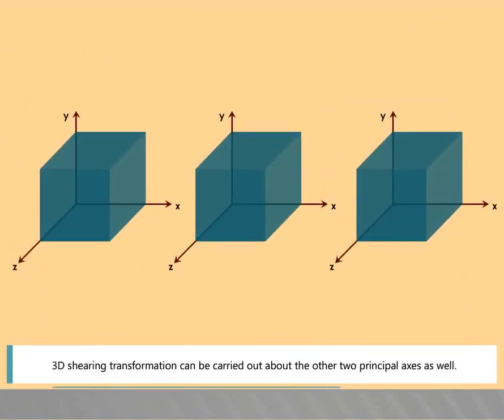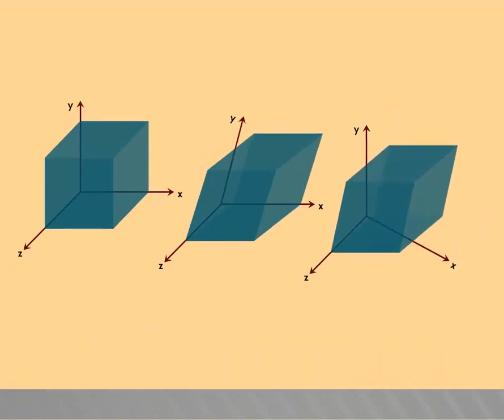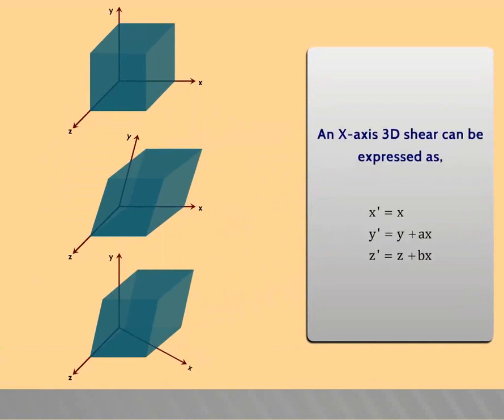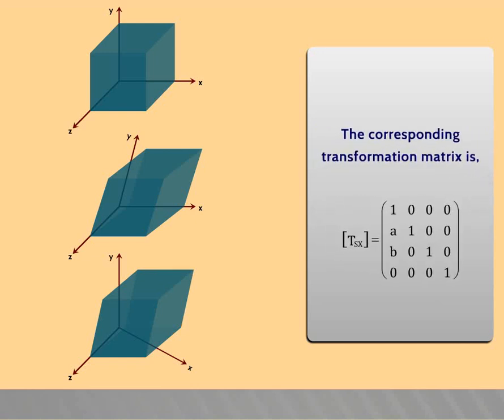3D shearing transformation can be carried out about the other two principal axes as well. An x-axis 3D shear can be expressed as x' = x, y' = y + ax, z' = z + bx. The corresponding transformation matrix is